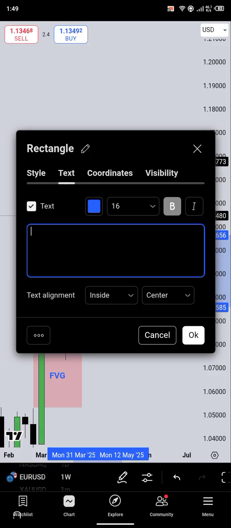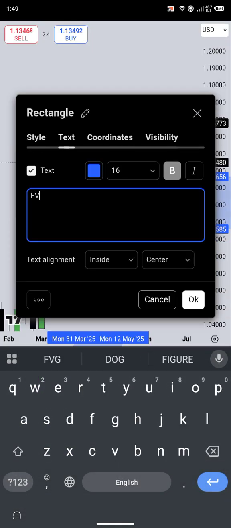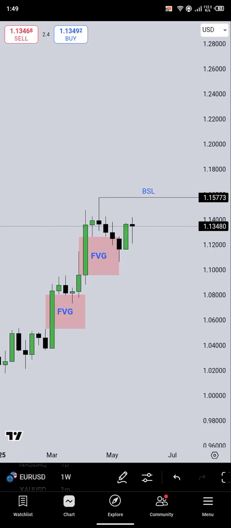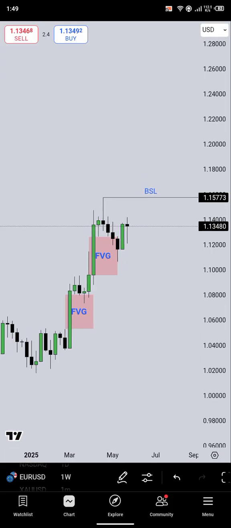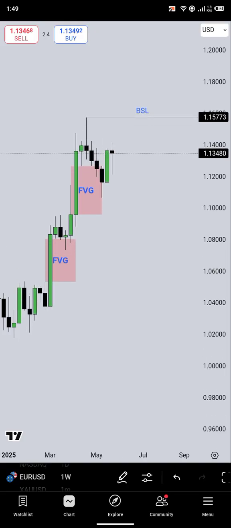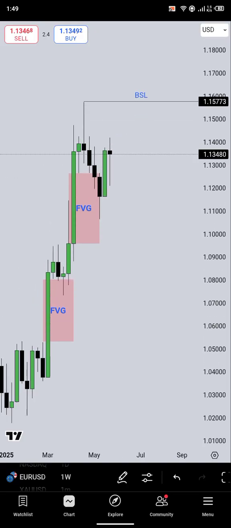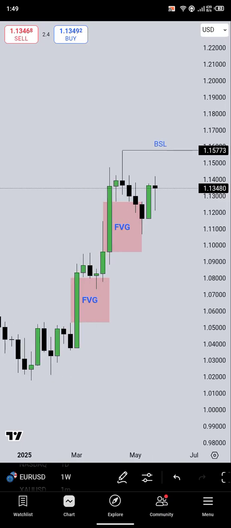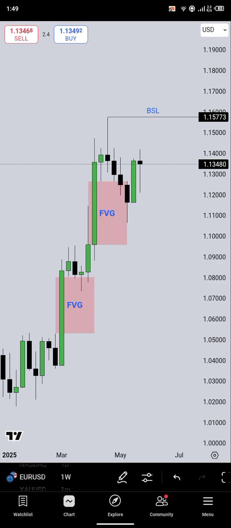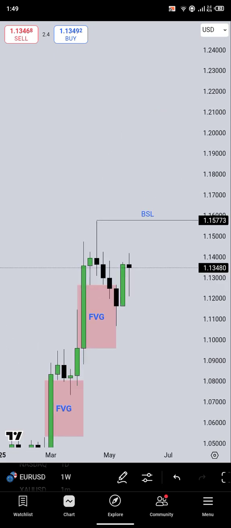Fair value gap. Yes. So for me this week, I'm going to be looking for some bullish movement. Yeah, because right here,